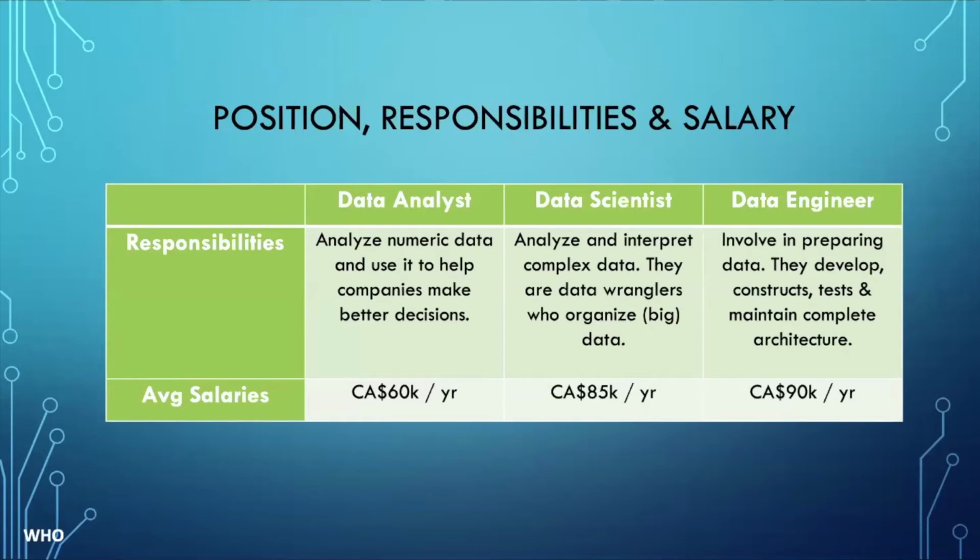First one is data analyst. Common tasks done by data analysts include data cleaning, performing analysis, and creating data visualizations, which help companies make better decisions. And a data scientist is a specialist who applies their expertise in statistics and building machine learning models to make predictions and answer key business questions. And data engineers build and optimize the systems that allow data scientists and analysts to perform their work.